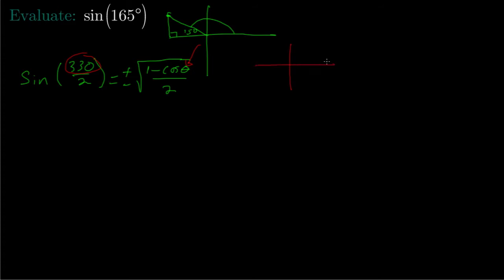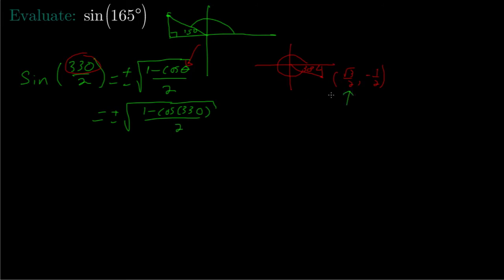And double 165, which is 330, puts us all the way around the unit circle and just 30 degrees short of a full trip around the circle, and a 30-degree reference angle we can do. We know that at 30 degrees on a unit circle, the x-coordinate is long, root 3 over 2. The y-coordinate is short and negative, negative 1/2. So, to finish our problem, plus or minus the square root of 1 minus cosine of 330, all divided by 2. The diagram right here, we just found out that the cosine of 330 is root 3 over 2,